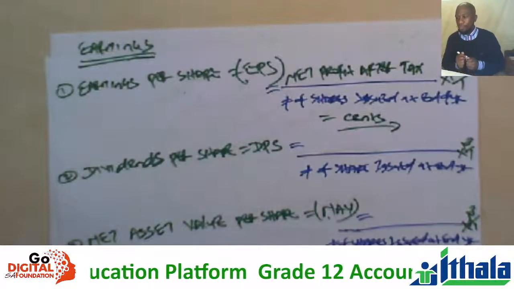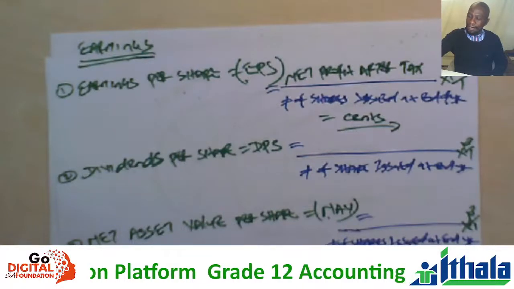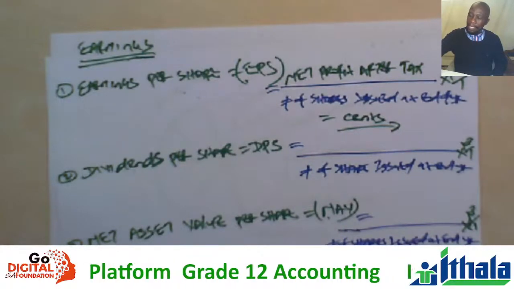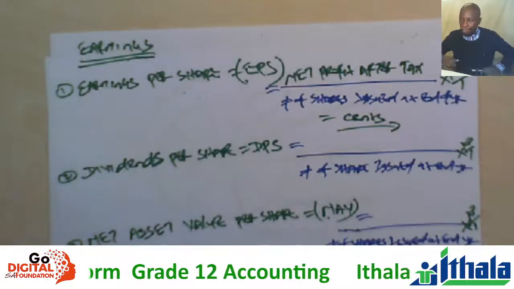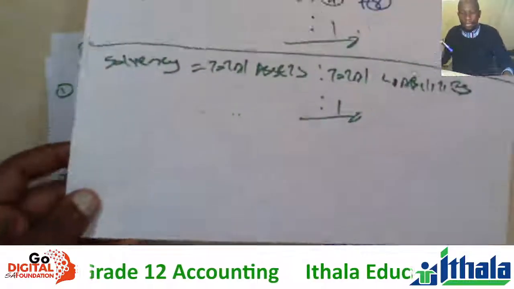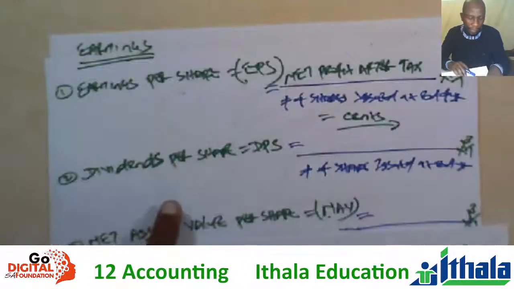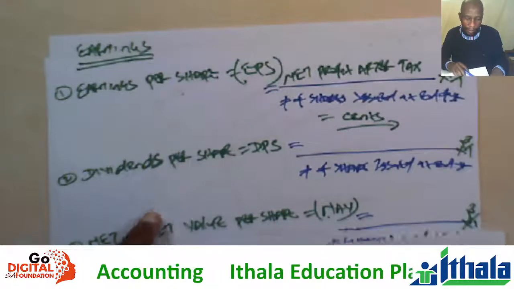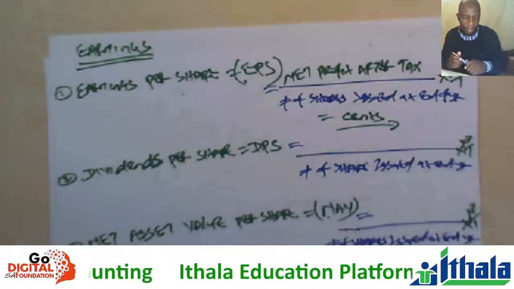Second ratio. Guys, note number 7 and note number 8 are very important in accounting. Remember here in the risk ratio, we said non-current liability plus note number 7 as well as note number 8, right? Even here in EPS, I mean NAV. NAV we're going to deal with that, right? So